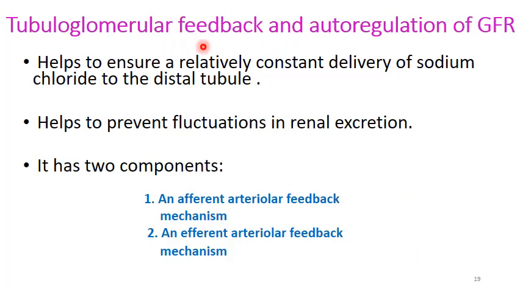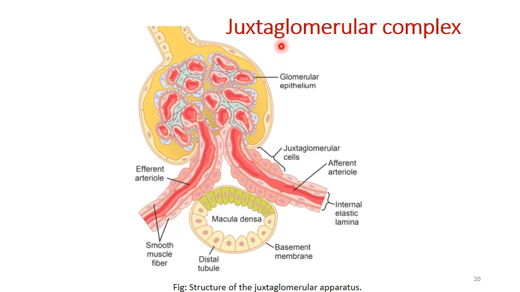Now, what is tubular-glomerular feedback and autoregulation of GFR? It helps to ensure a relatively constant delivery of sodium chloride to the distal tubule. It helps to prevent fluctuation in renal excretion. It has two components, an afferent arteriolar feedback mechanism and an efferent arteriolar feedback mechanism. Tubular-glomerular feedback mechanism